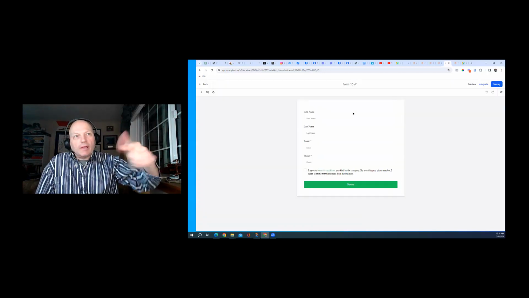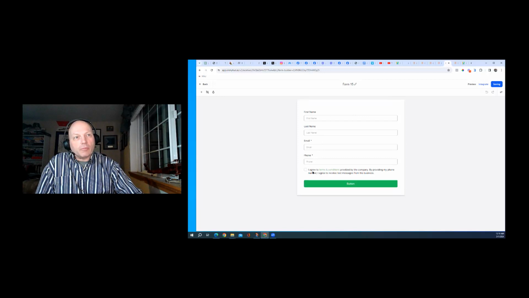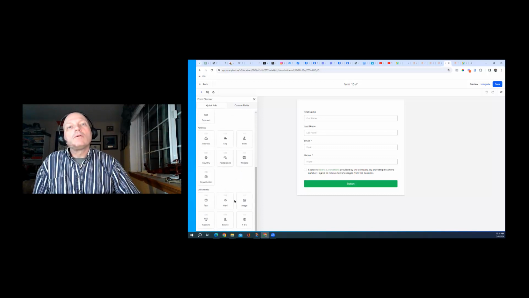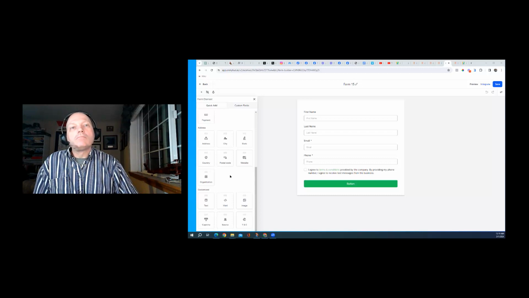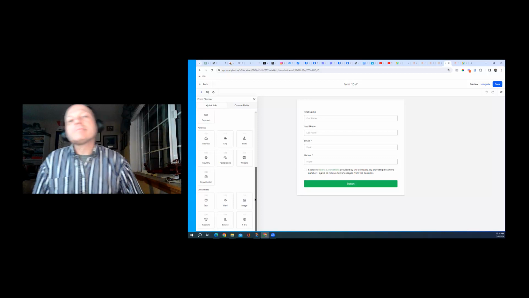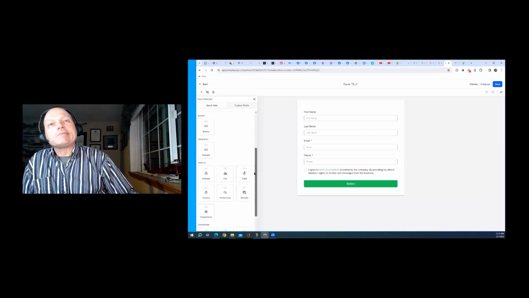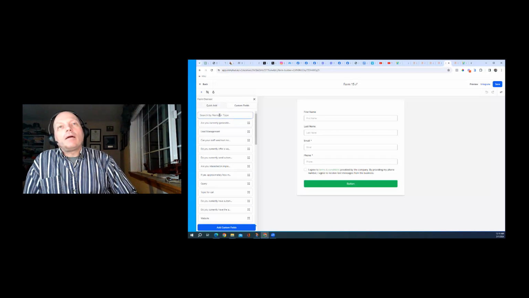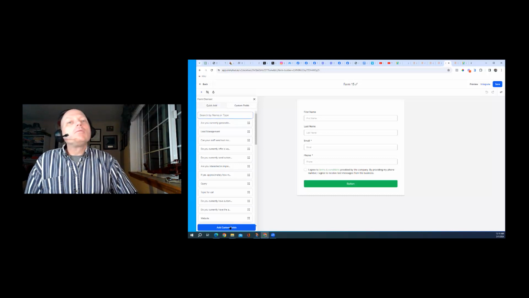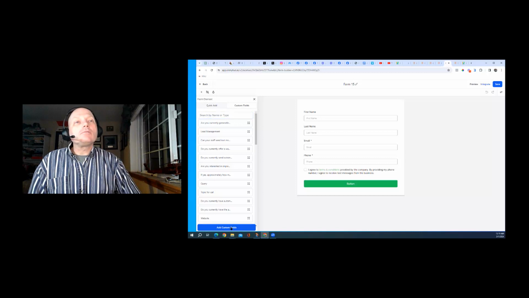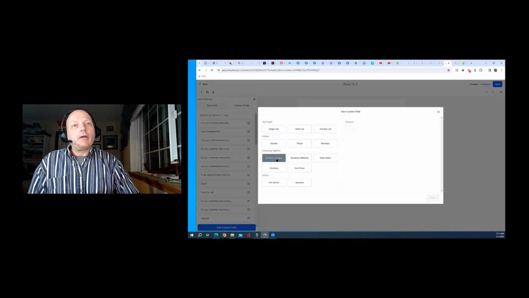You're going to have first name, last name, email address, phone number, a consent, and then you're going to hit plus, and you're going to do a new type of custom field, and you're going to add a custom field,